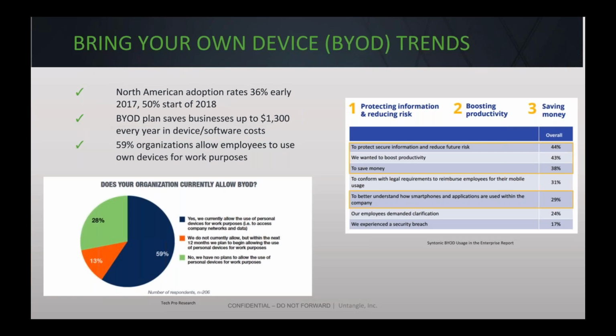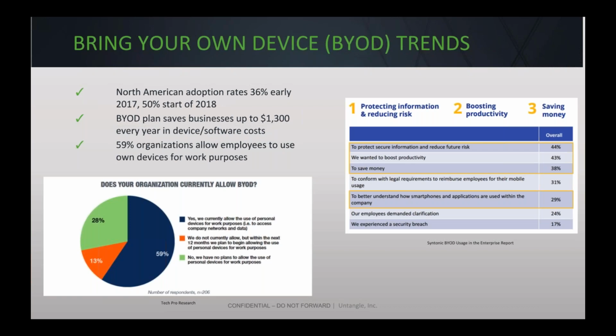Like I said, a BYOD plan can save businesses thousands of dollars every year in device and software costs. If you're not having to license the software on those public devices, that's a big chunk of your budget. About 59% of organizations are allowing employees to use their own devices for work purposes. That's a very important delineation, I think, for work purposes. That's where something like Untangle can come in, because we can say public Wi-Fi, employee Wi-Fi, BYOD networks have access to these rules, these apps, these websites, et cetera,